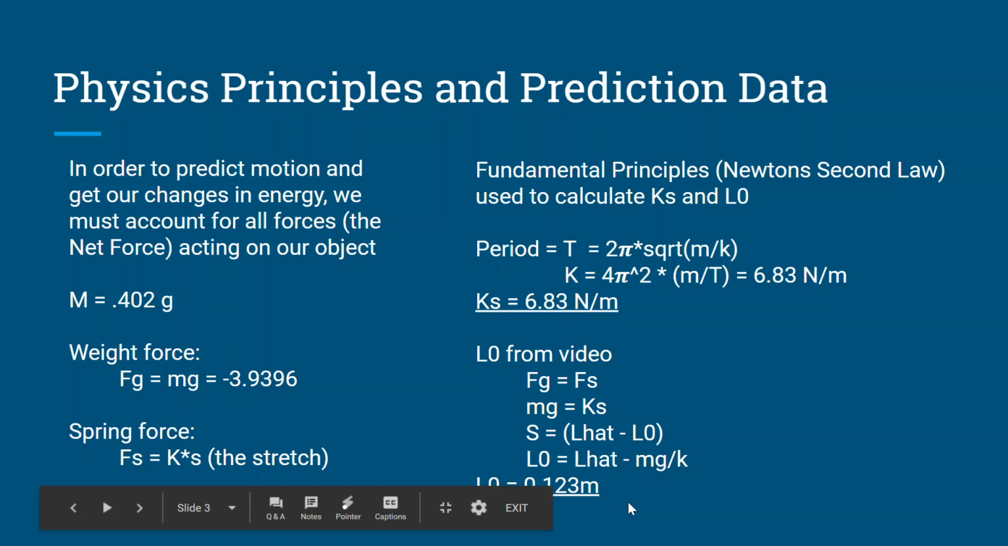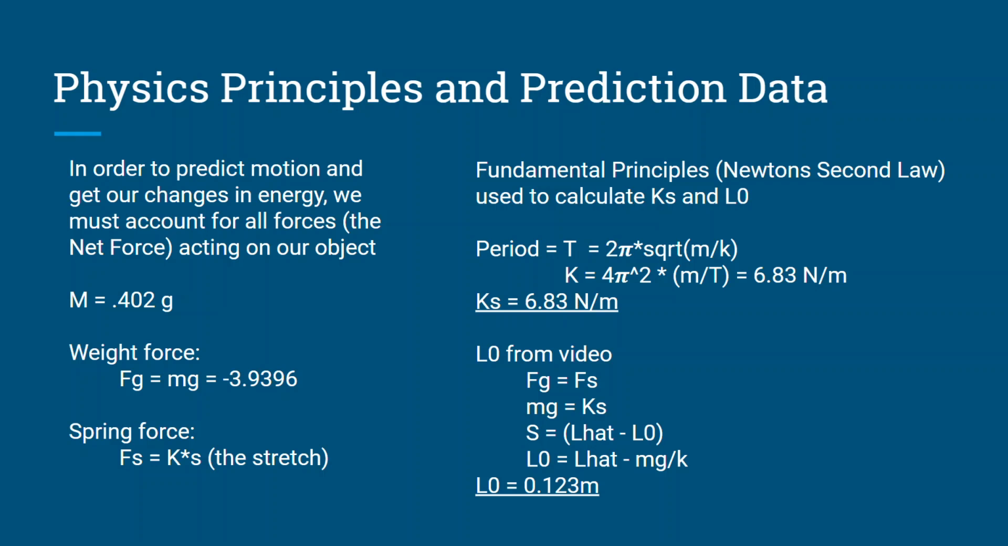We applied some physics principles here using the fundamental principle of Newton's second law. We were given our mass, which we used to calculate our weight force, and our spring force was needed to be calculated from our K, and we also needed L0 for S, which I ended up calculating based off my tracker data. I used the period equation of T equals 2 pi times the square root of m over K to calculate out a K of 6.83 newtons, and then L0 I calculated from my video data, and it resulted in a